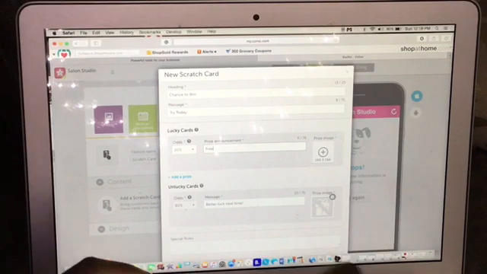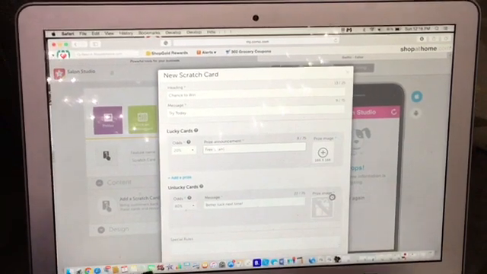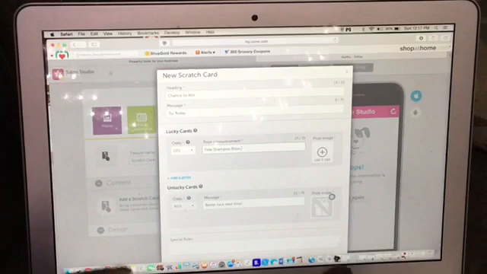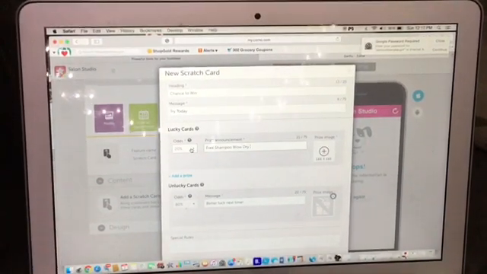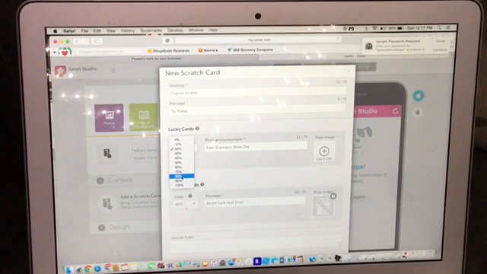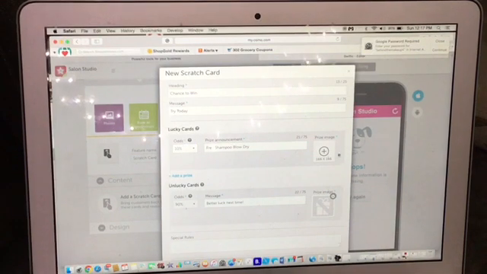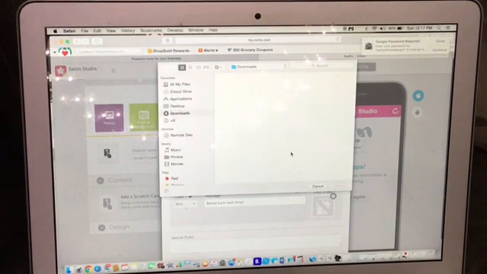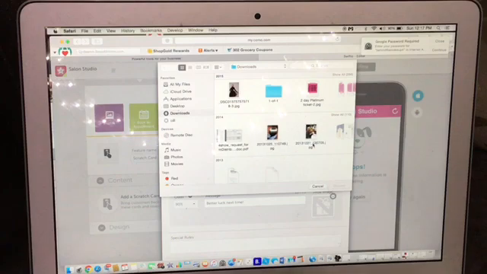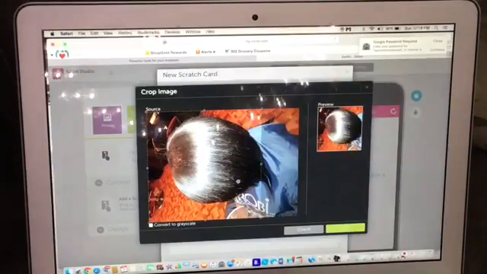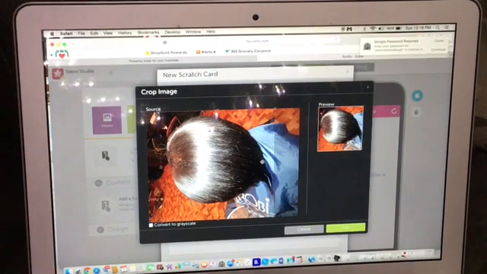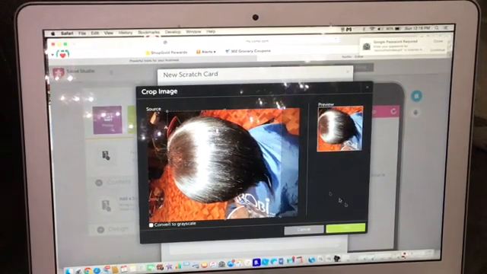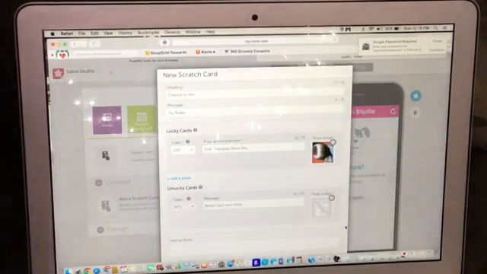So I chose 20% right here. And then the announcement of the prize would be a free shampoo and blow dry, or whatever you decide to do. Then you can put a picture over there of the style or the product you're giving away. So let's go back to 10%. We're going to do 10%. So that's a good law of averages. So we're going to just add a picture, photo. I'm going to crop it. That was a shampoo and blow dry I did maybe about 4 years ago